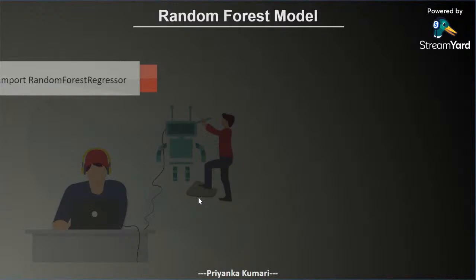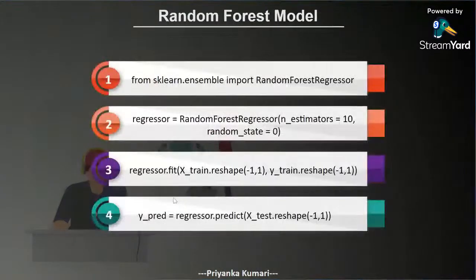Now let us understand how to implement the random forest model in our code. First, we have to use the RandomForestRegressor class, for the random forest regression model, from the sklearn.ensemble module. After importing the class, we have to instantiate it with our object, so the regressor here is our object, and we are creating an object for the class RandomForestRegressor, and then n_estimators is equal to